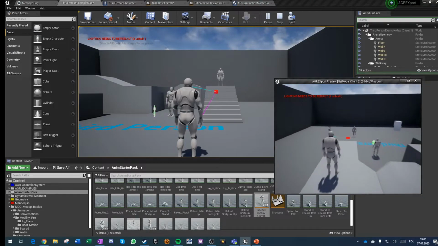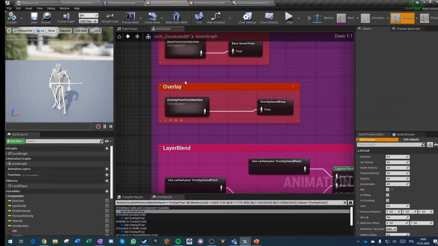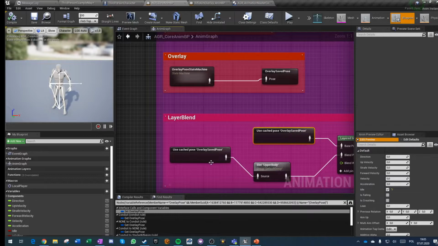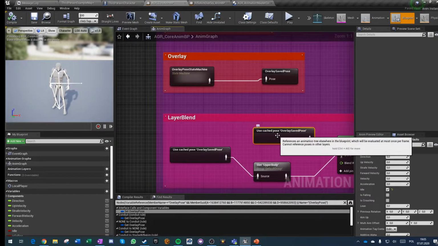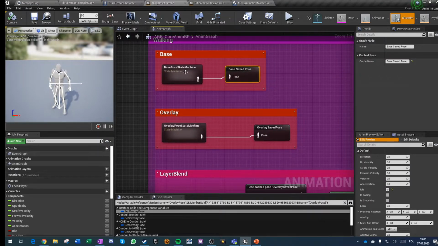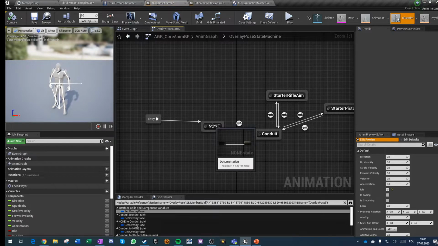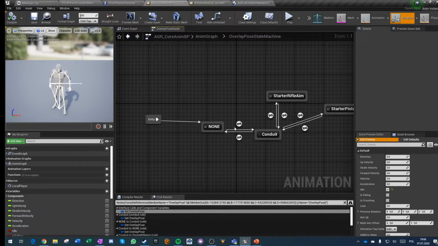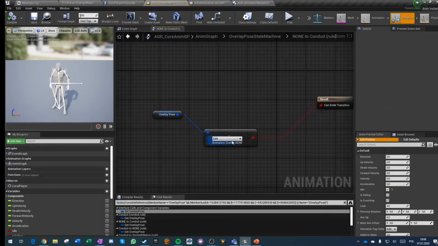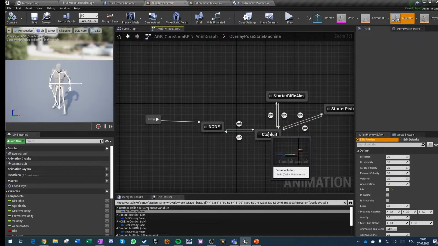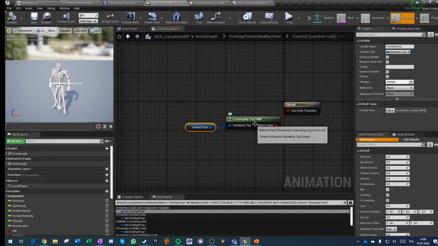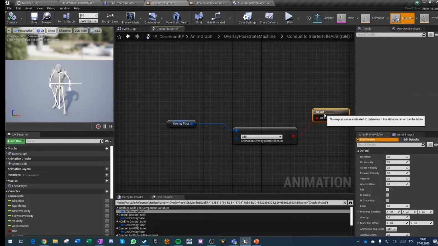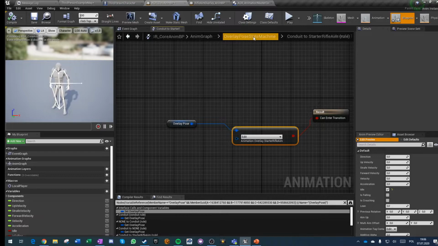So let's take a look at the overlay system itself. The only change is that we have the base pose here as we had, and then we are saving this pose, and previously we used this pose here, but now we are using the overlay base pose here, and this base pose we are using in the overlay system. So when we don't have any tag, we don't have any overlay, we're just taking the base saved pose and we're just pushing it forward and doing nothing else. Then if the pose is not none, we are entering the conduit. The conduit moves us anywhere if the overlay pose tag is just valid, that's it, if it wasn't invalidated. And then we move in the exact same way that we are moving on the base pose